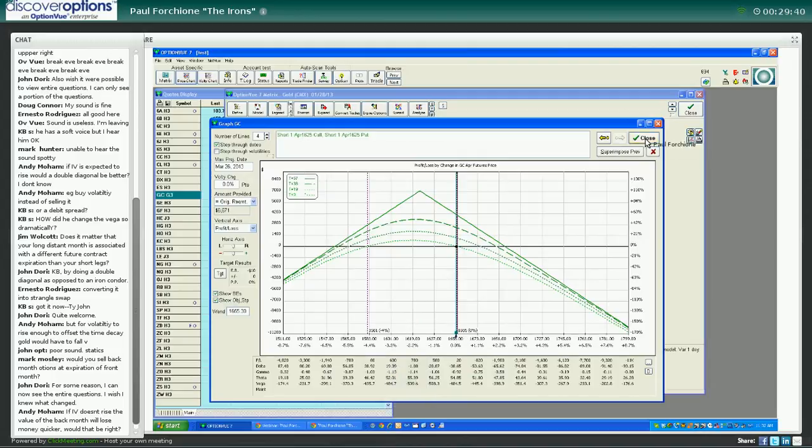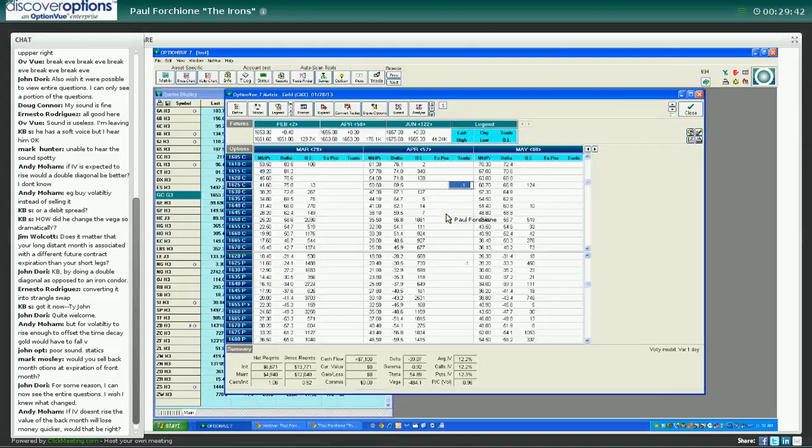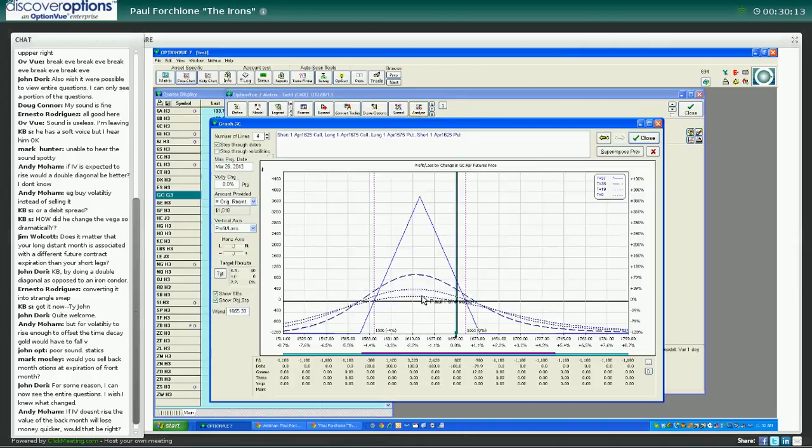But we don't want the open-ended risk on both sides. We want the limited risk, and we want to reduce our margin. So now we go ahead and buy our insurance. Let's buy the 1675 call, 50 points away, and we'll go 50 points away out of the money on the put. That would give us the 1575 put. So here we have a bearishly oriented iron butterfly that is 8 deltas short, collects a huge credit of $3,800. The margin is very low, only $1,018, and it looks like this,